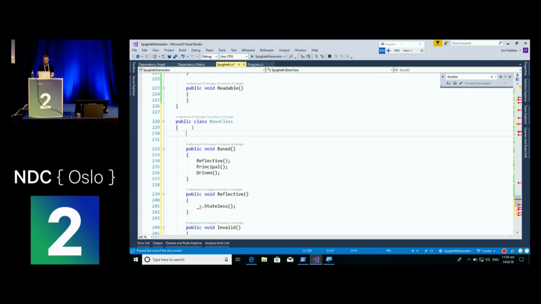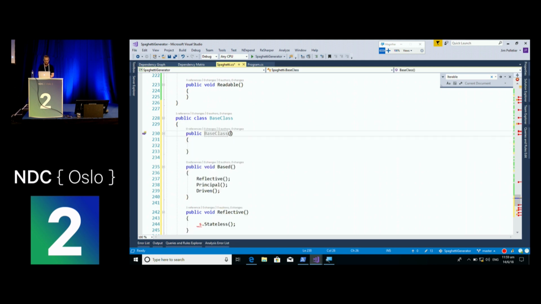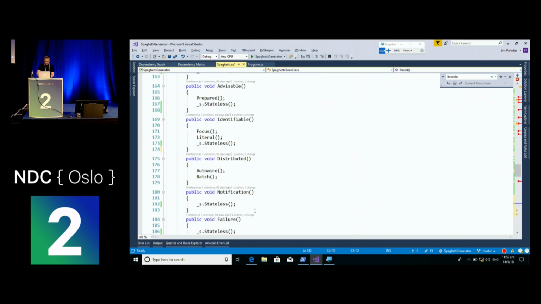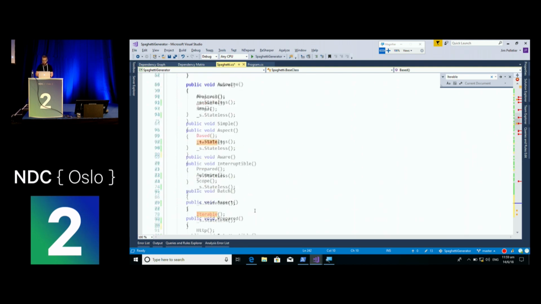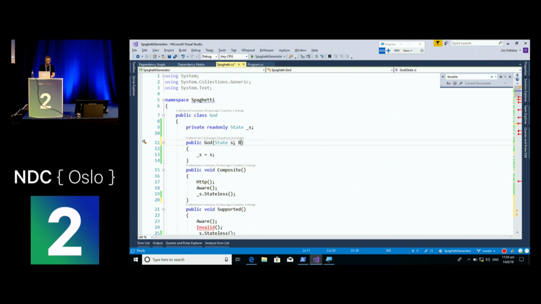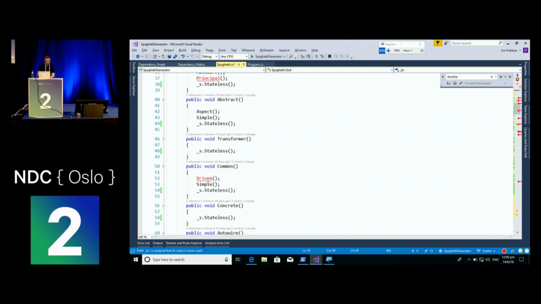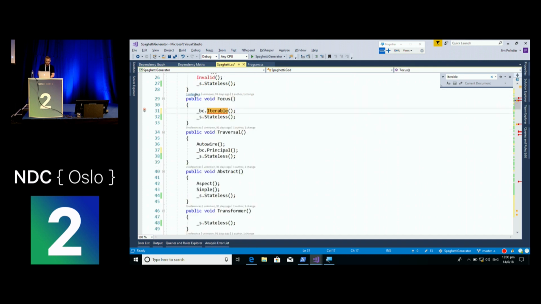Okay, so this class actually needs to, and this is the downfall of this method, in that it starts to bring all, it's still tangled at some level, right? State S. And this is called base class, so I'll add this up here. And this one's a little bit more manual, but there's not as many. So we did base, we did iterable, principal, invalid,